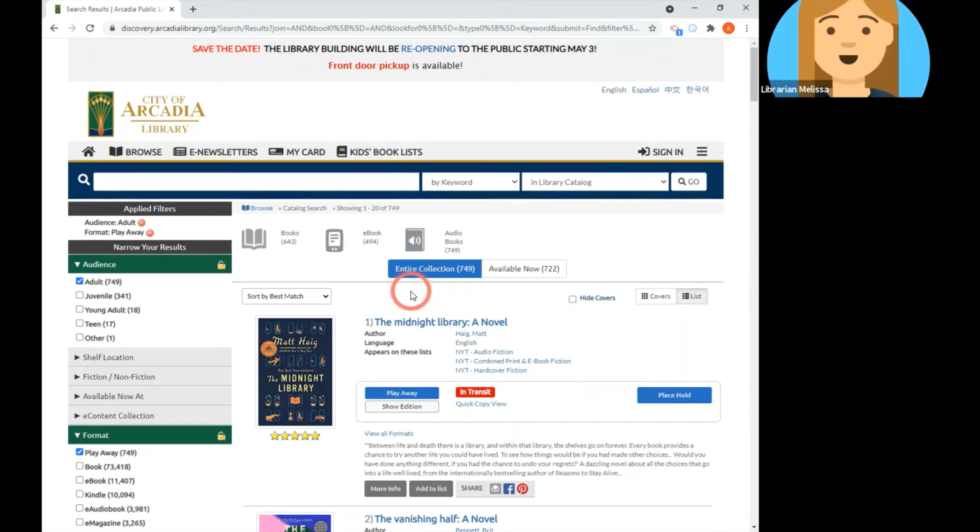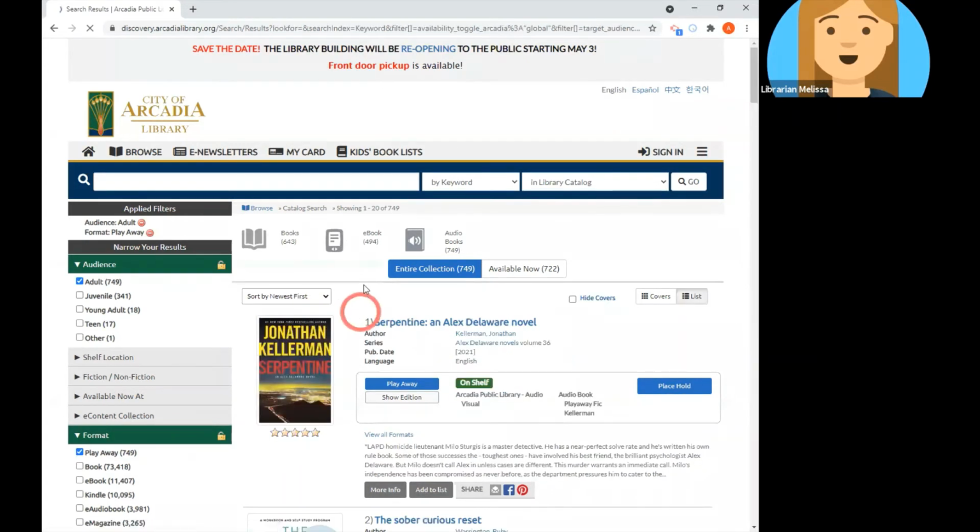You might remember from our basic searching video that the catalog automatically sorts by best match, but we can use the sort menu to select a different sorting method that maybe works better for what we're looking for. So maybe we've done the search because we want to see the latest playaways that the library has added to the collection. So I'm going to go ahead and click on newest first, and that is going to sort by